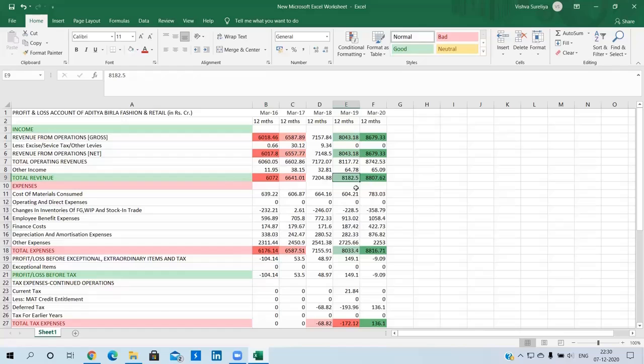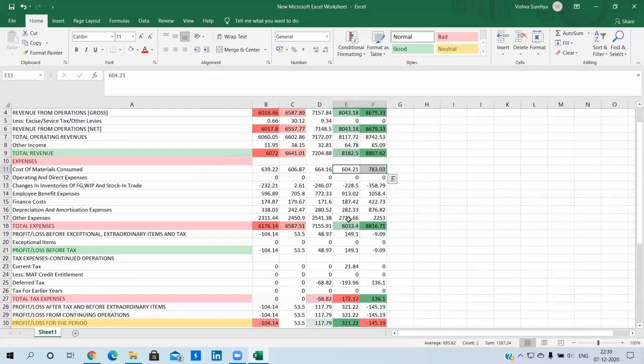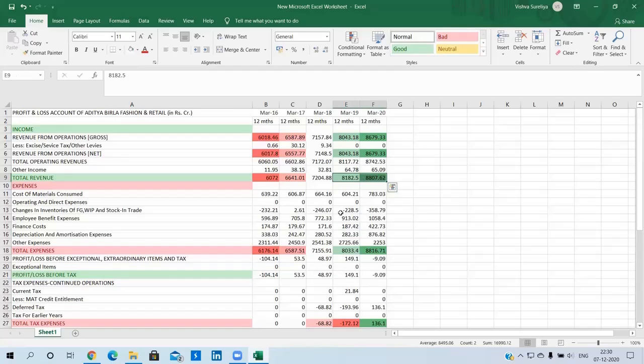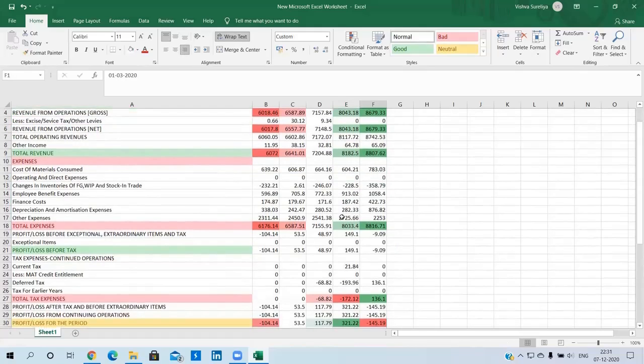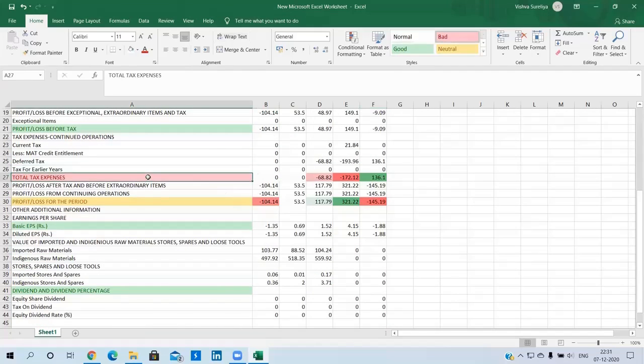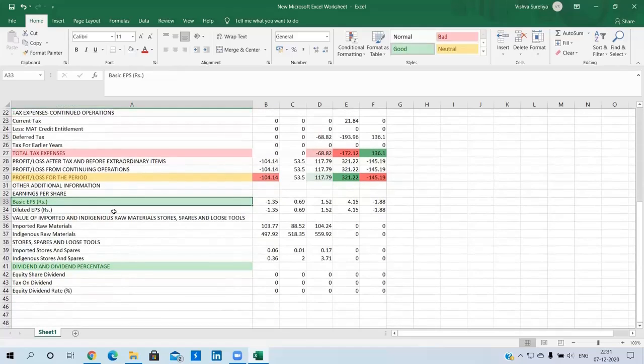expenses and revenue? You also need to check the reason that caused the firm a loss. From here you can see that the revenue has increased, that is right, and you can also see that the total expenses of the firm have increased. So you need to figure out exactly which expenses have increased. You can also check the notes under the annual report, which we have already seen. If you have not watched our previous video, go through those, and there you can find the details of exactly which expenses have increased. Scrolling down, the P&L statement also mentions basic earnings per share, and at last they also mention dividend and dividend percentage.